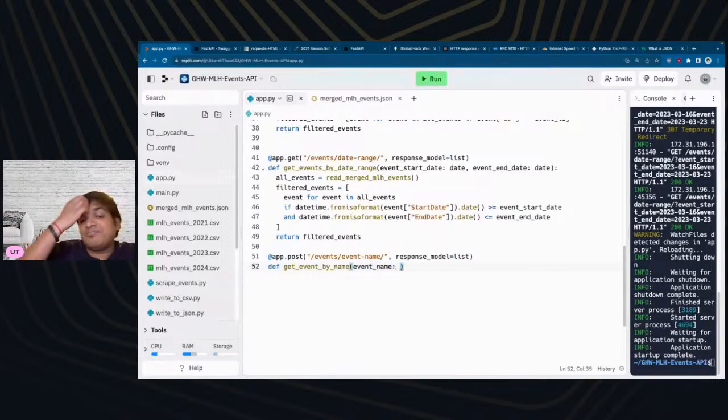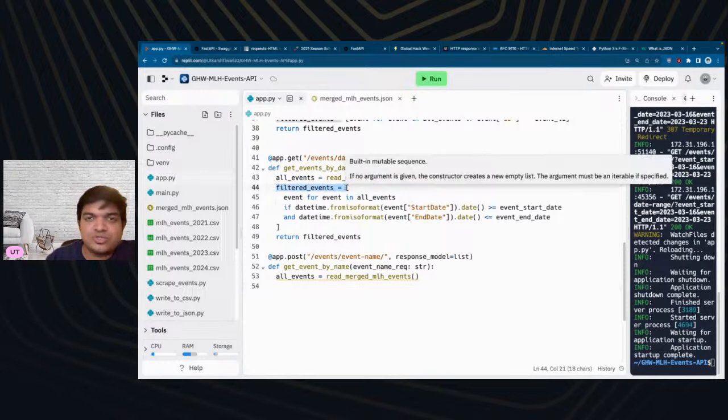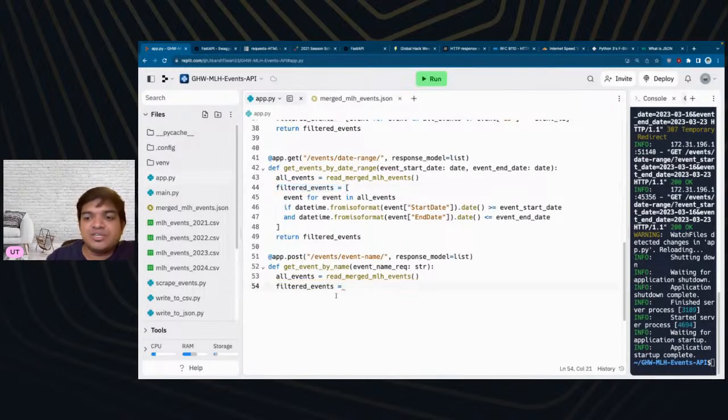Okay. Now, event name is going to take what? It is supposed to take a string. So let's do a string. And then, again, repetitive code here, take this, paste it here, all the events, let's say now filtered events equals to, so filtered events equals to,